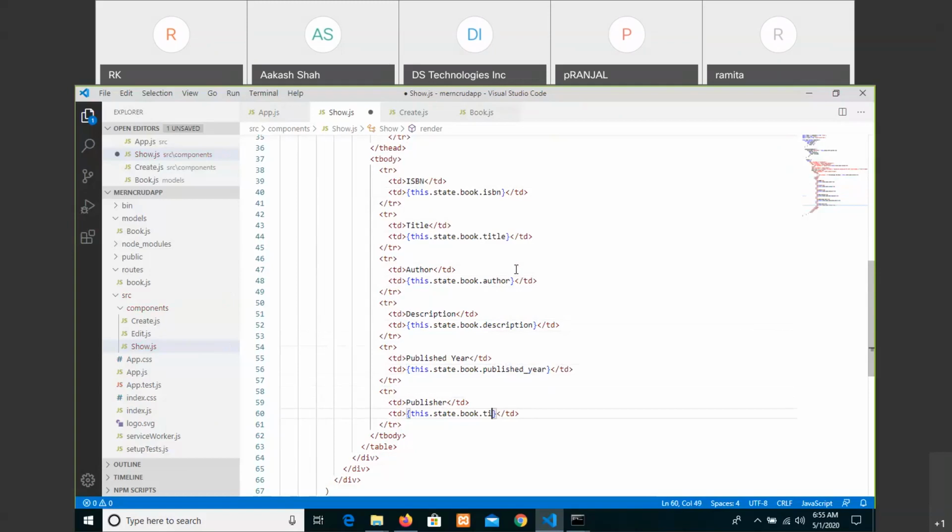Then the last one you can say publisher. Then after all these things, if you want to create